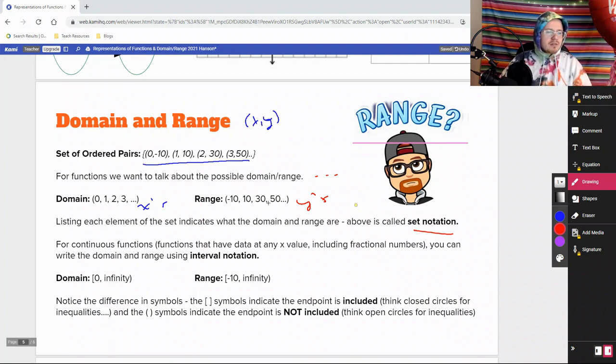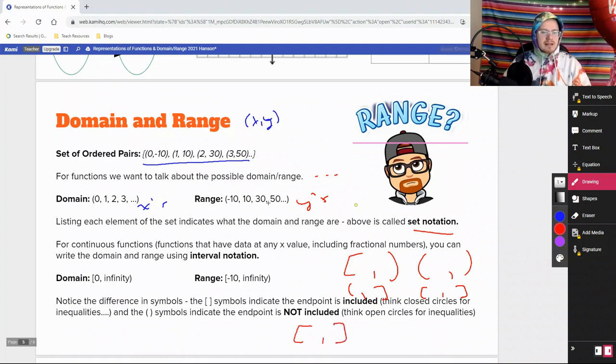So interval notation, you can use this format, or this format, or this format, or this format. And when you do this, what you're actually getting is a way to represent all the X's and all the Y's without listing them all. And that's nice, right? Because some values go on and on and on, and you don't want to write 1,000 numbers. So when you use the closed bracket,